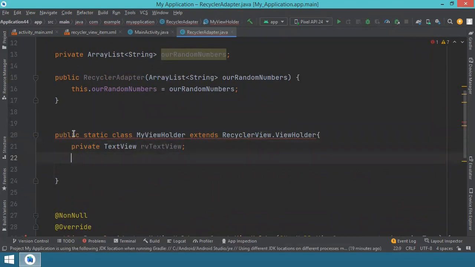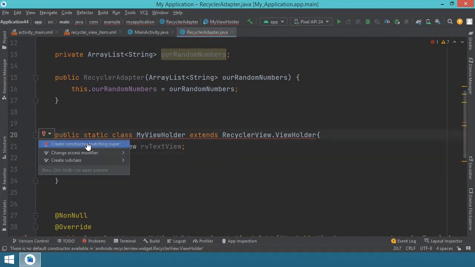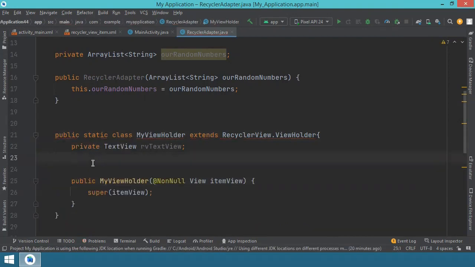So I started so far by writing this class, and make sure you always make it static, and it will extend the RecyclerView view holder. Also, I've declared this text view, and you can think about this class as the onCreate method somehow. So this is where we will reference the views, and we of course have to click here and create a constructor, because this is the problem why it's highlighted in red. So this will have also its constructor,